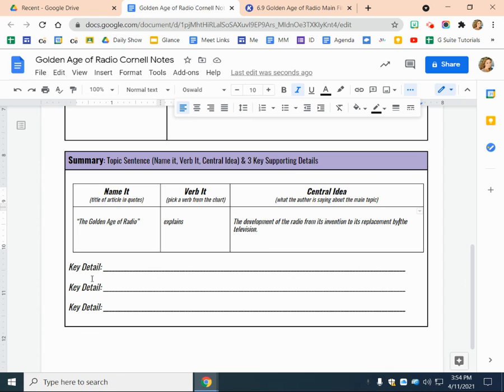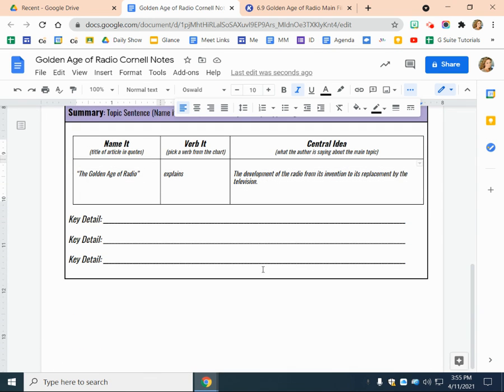So I need you to go back into the article and find three key details that support this central idea. Might want to talk about who invented it and when it was invented, since invention is part of the central idea. Maybe a key detail from the golden age, why it was important during the golden age. And then the final detail about how the television replaced it and when the television replaced it. And I believe all three of those details in that order would be a great way to put together your objective summary paragraph. Once you do that, you can turn this assignment in and move on to the next assignment